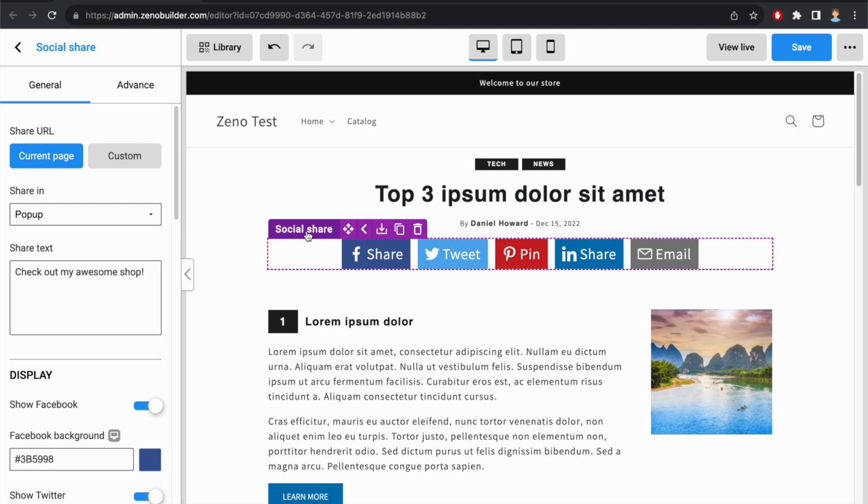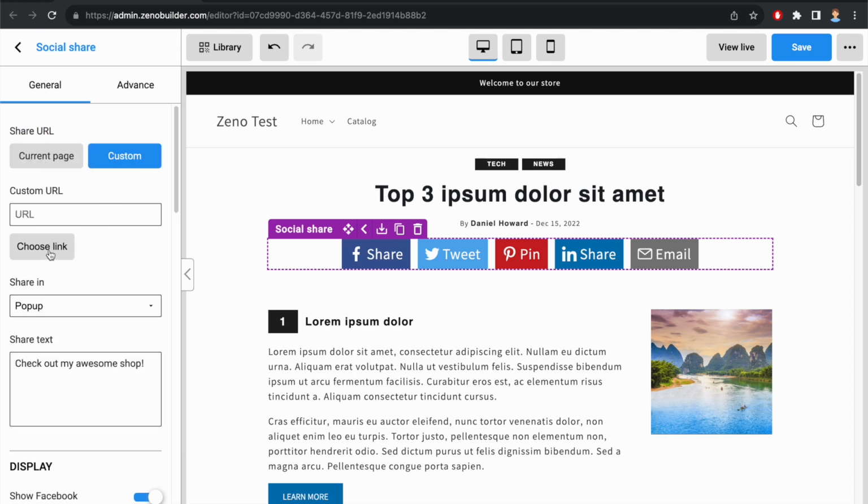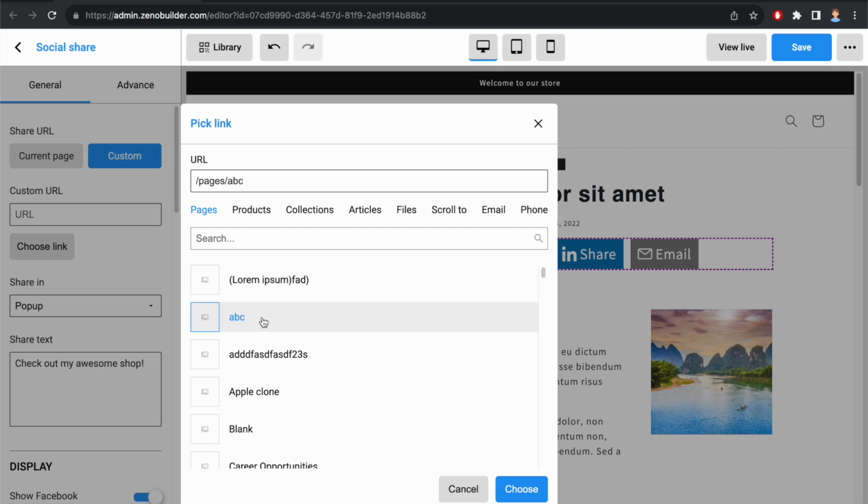Here I have a social share element on the page. Let's walk through the options the social share element has to offer. First, we have share URL. You can make the element share the current page or a custom page. For example, if I want to share this page,